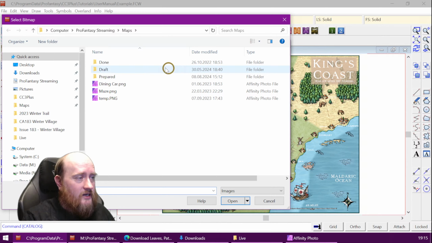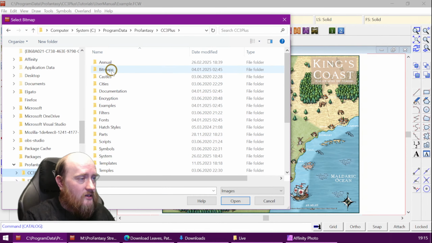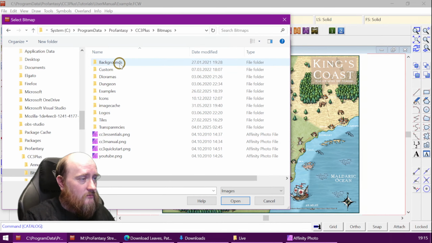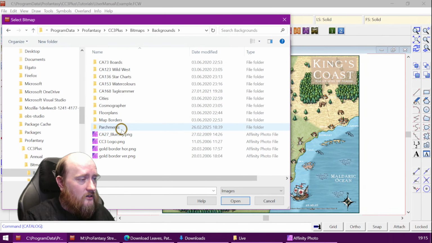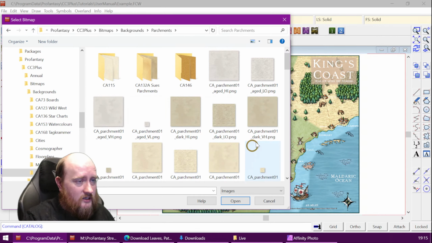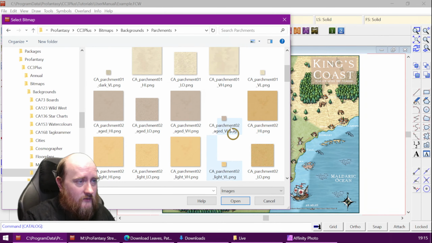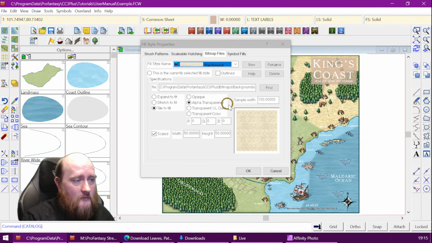And I'm going to find one of my parchment bits. Again, in the CC3 Plus data folder, bitmaps, backgrounds, parchments. What we have here, we can use this one,